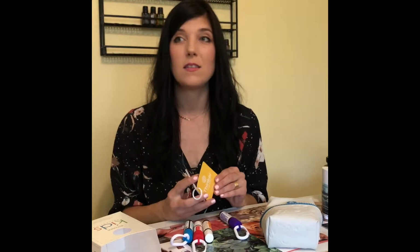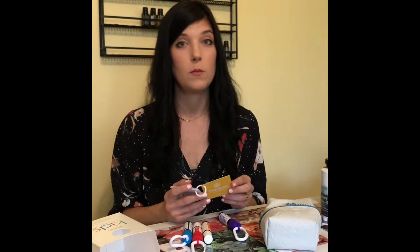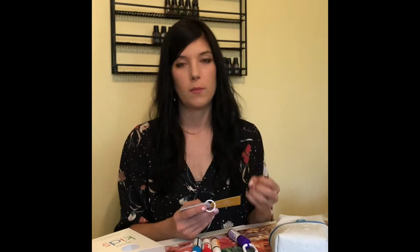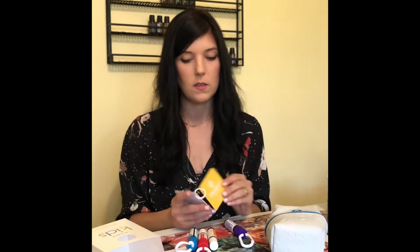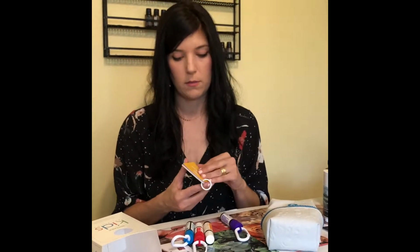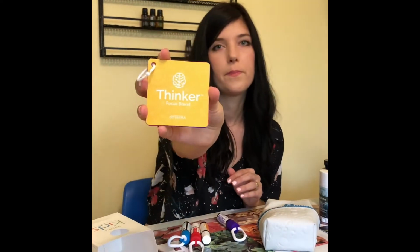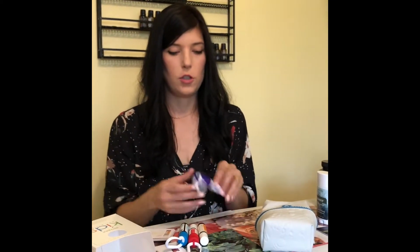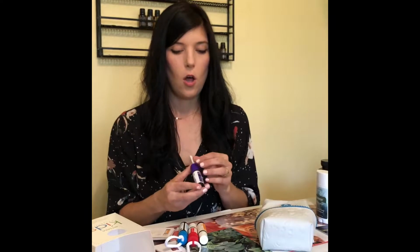Thinker is the one that my son has at school. It's our focus blend. He is a very high energy child because he's very smart and he needs to calm his mind a lot and to help him focus. So Thinker is the yellow blend, and that's amazing for focus. Okay, do you want to see that? Thinker. The second one is Calmer, and I'll show it to you because I have it here. Calmer